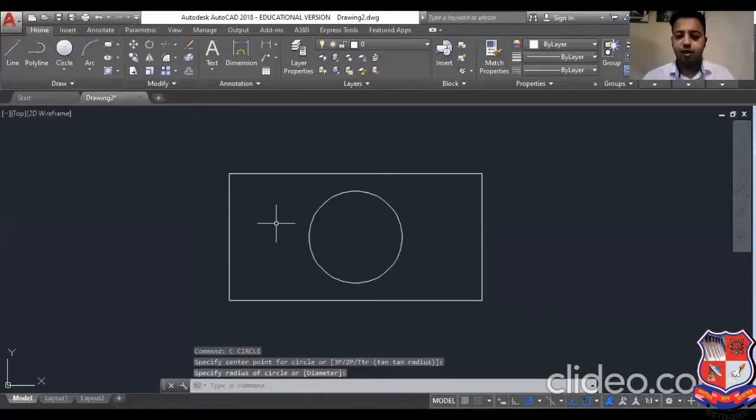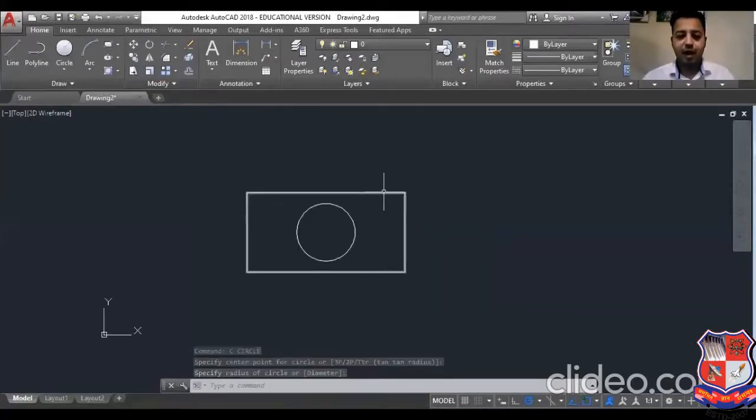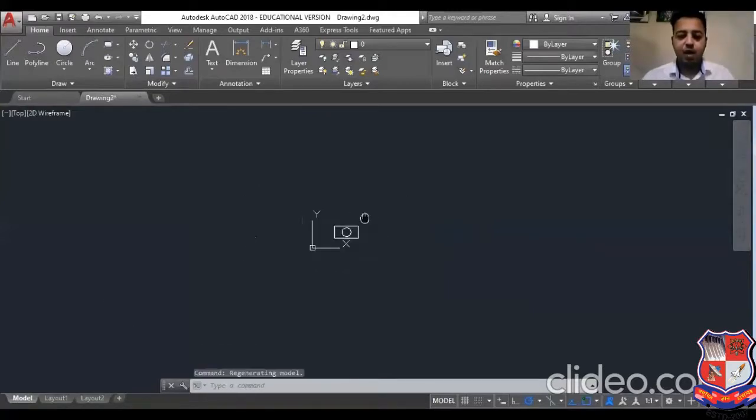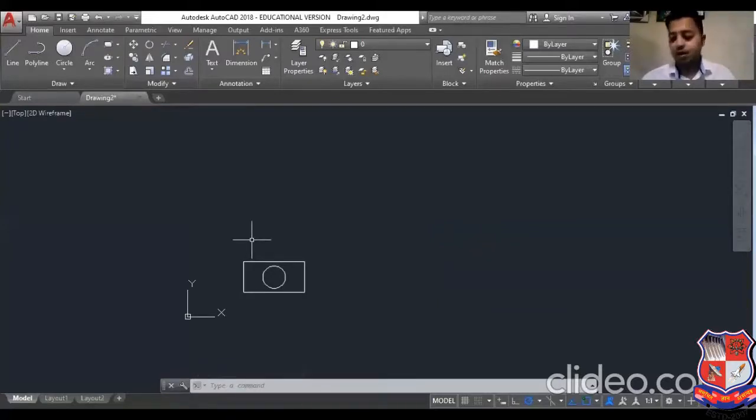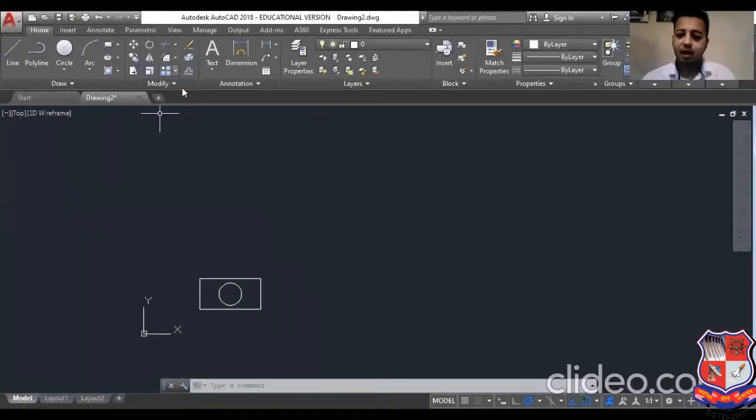You can pick the center point of the rectangle at the time of the circle command. Now this is the main object, and I want to create copies at regular intervals in a number of rows and a number of columns, like a keyboard switch. So I will apply this command, rectangular array.